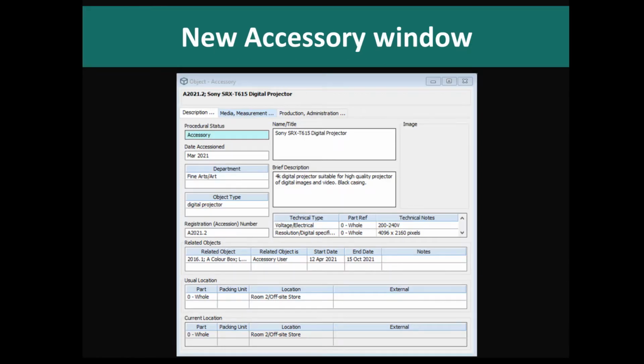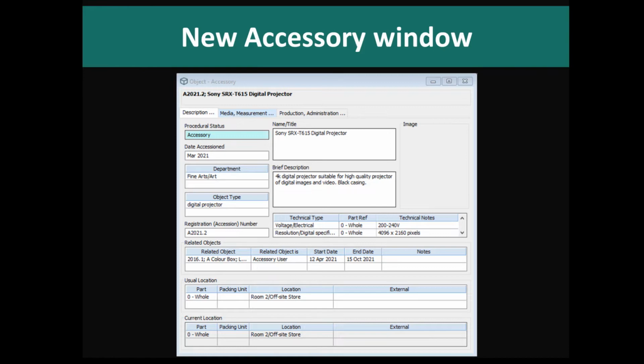Many collections have accessory items where they're not formal parts of the collection, but they're needed to support the collection items that you have. An example would be a physical plinth on which a statue stands. You still need to keep track of where you've stored that plinth, and maybe you've got other details on who made it, the dimensions, the history of where it's been located. You can now record those accessories as full object records and then relate them to other collection items.